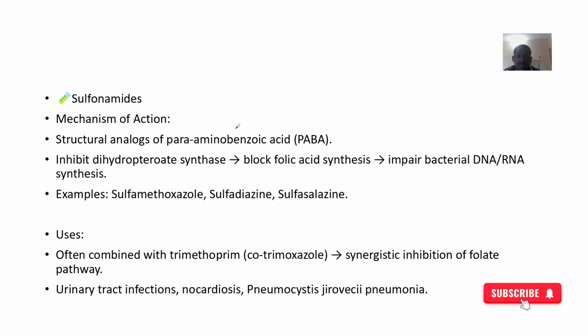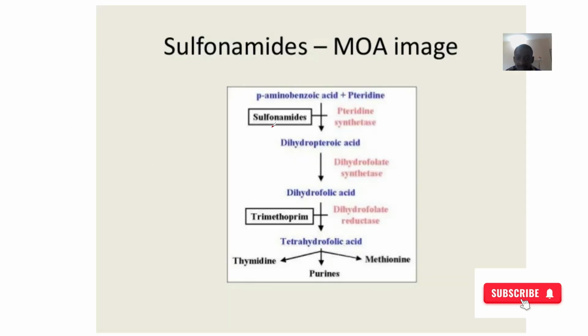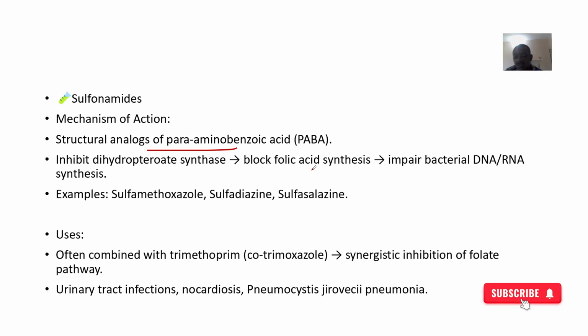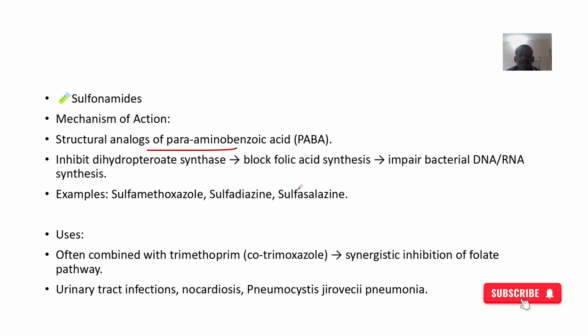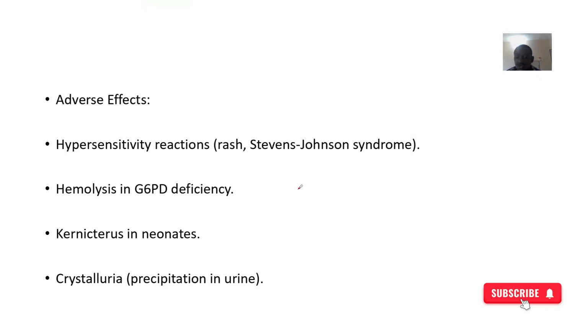So sulfonamides, we said that they are analogues of para-aminobenzoic acid. They inhibit a very important enzyme that should have led to the formation of folic acid or folate for the bacteria, and that enzyme is known as dihydropteroate synthase. So they'll block that enzyme and they'll disrupt that whole process. So we have drugs like what? Sulfamethoxazole, sulfadiazine, sulfasalazine,